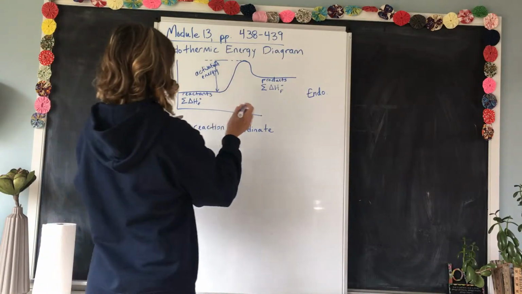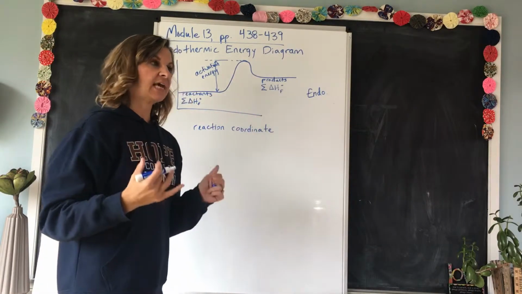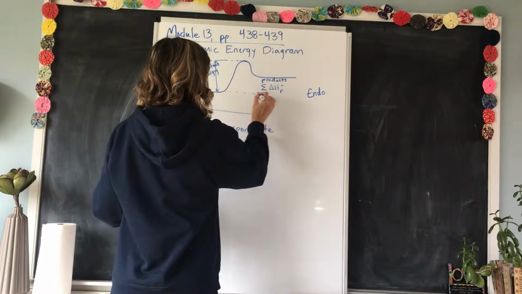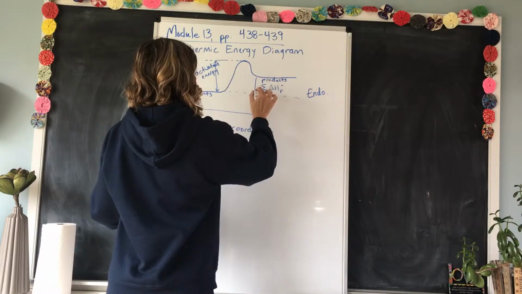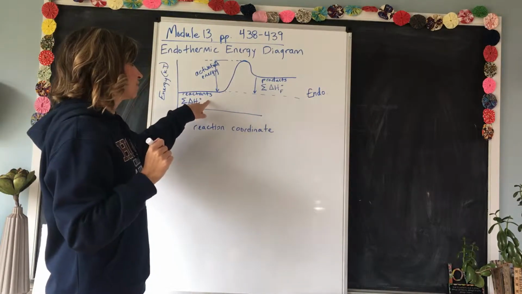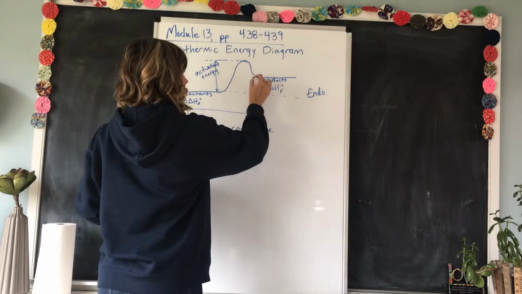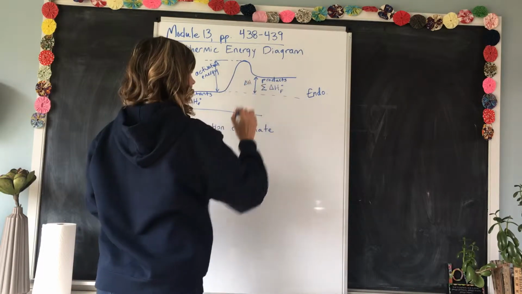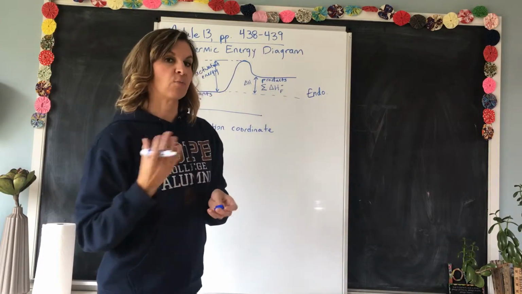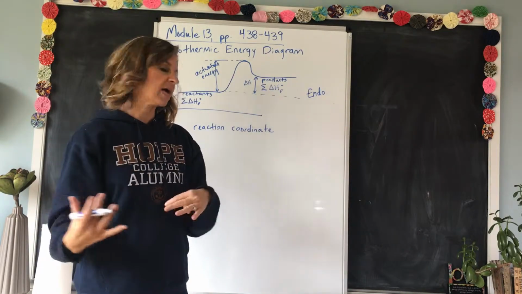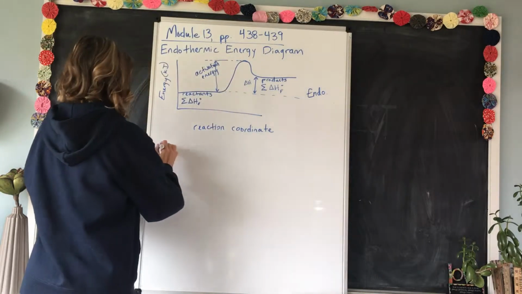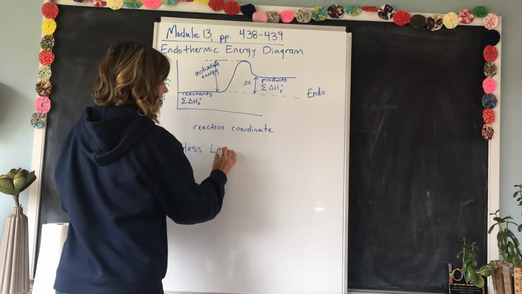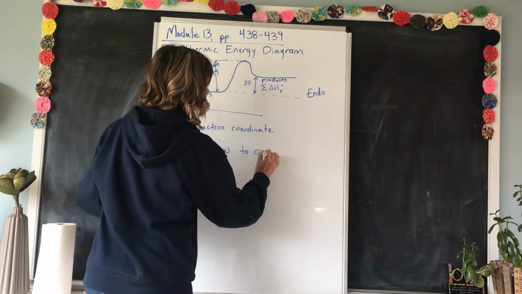I also wanted to add that you could find the delta H, or the change in enthalpy, for the whole reaction by comparing the energy of the reactants and the energy of the products. So the space in between here would tell you the delta H. And the way that you would do that to get the proper negative or positive number is, remember, to use Hess's law. I'll write that here. Use Hess's law to calculate